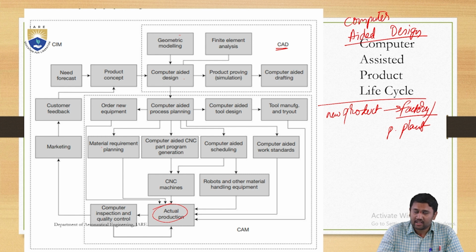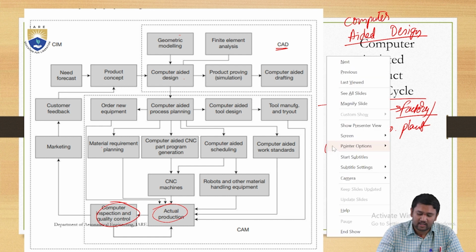Whatever the product you are getting out of your plant, it is supposed to undergo quality inspection. What does quality inspection mean? Basically, is the product coming out according to your required specifications, right? According to the designer specifications that you are supposed to check. For example, what we have taken earlier is a simple car,